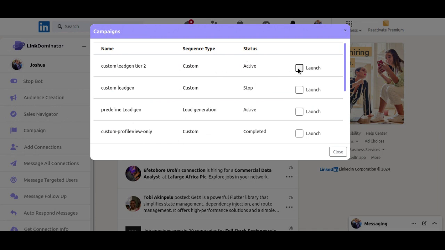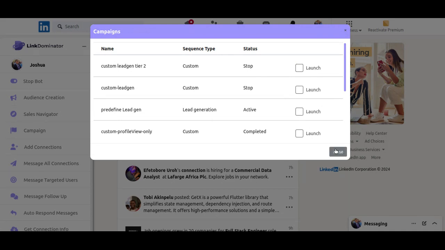Now to launch this, to make it start running right away, we click on launch, and you can see that it has started running right away. Now you can stop it also by clicking on it, and the automation will stop right away.